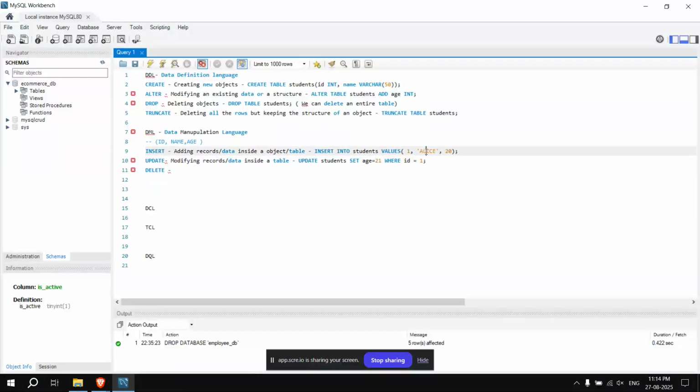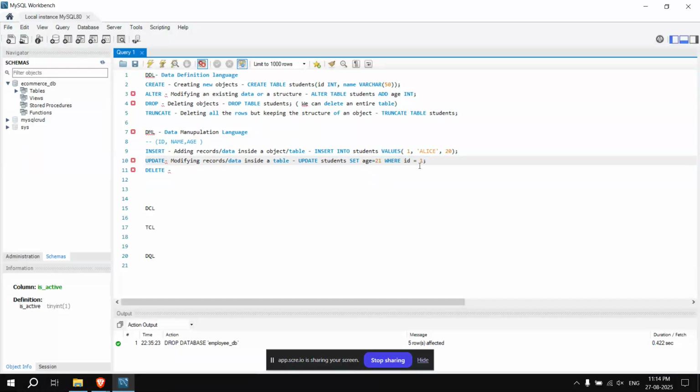Here, as you can see in the first insert query, we said that Alice's age should be 20, and in this update query we're updating her age from 20 to 21. First, we have to write the command for the update clause, then mention the table name, the set, and then the age. We have to mention which column. Okay, the age column, age, and 20.